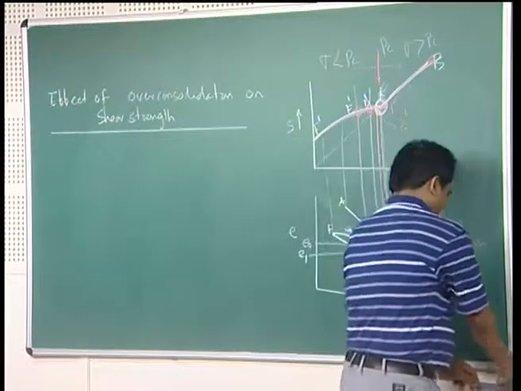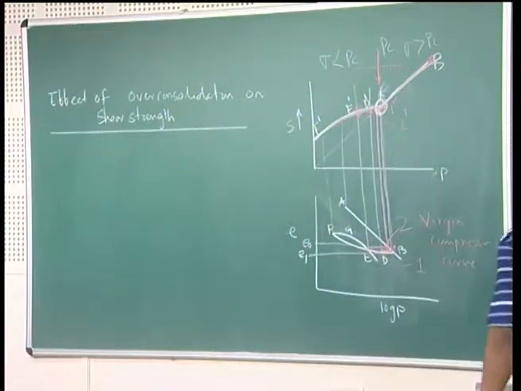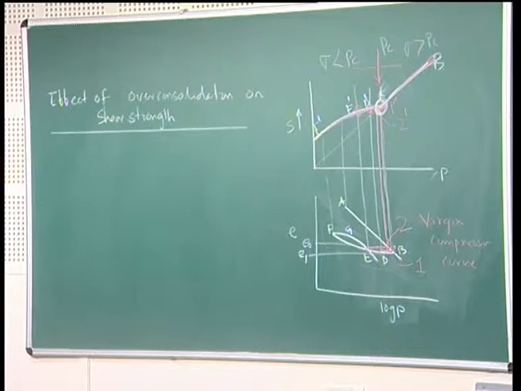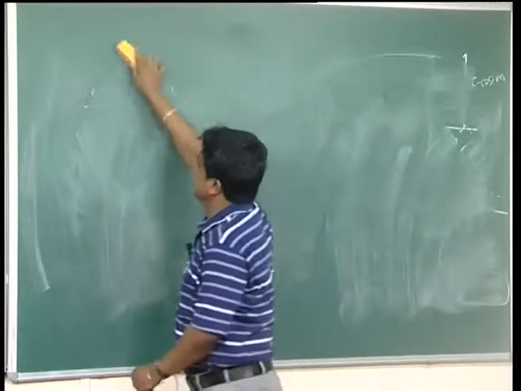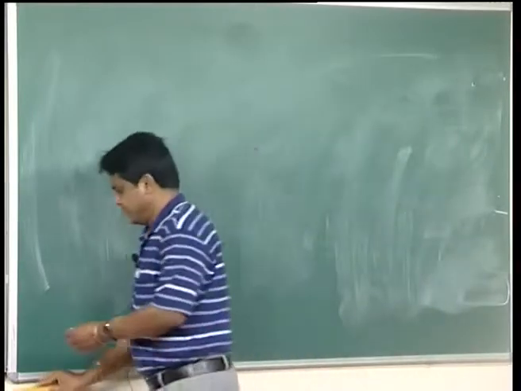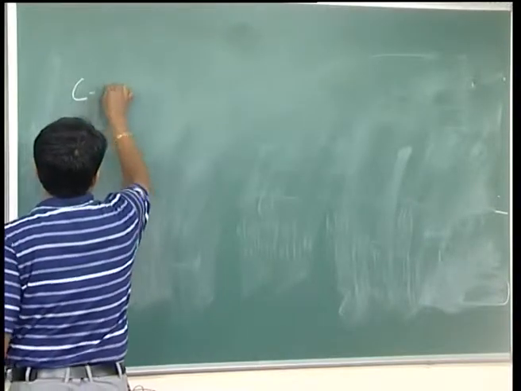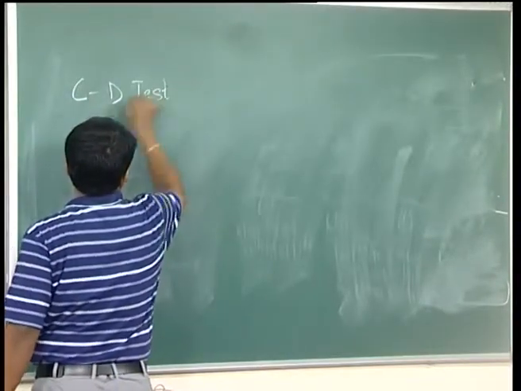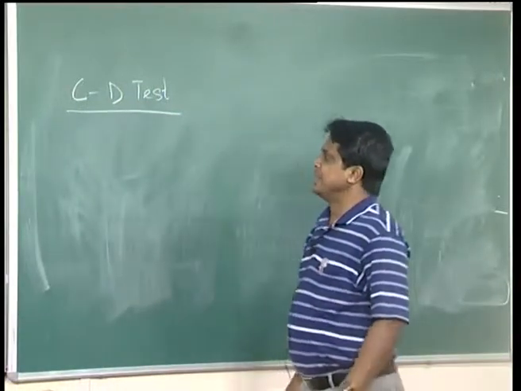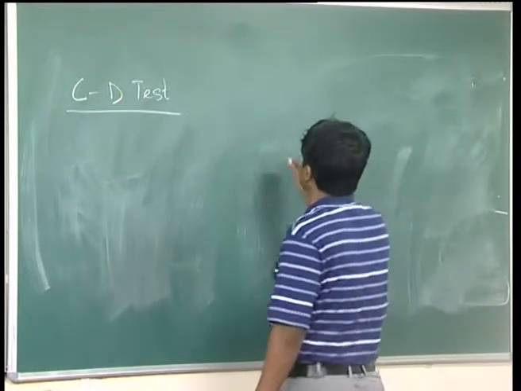Now, in CU we have already discussed two things, one is your UU and the other CU, consolidated undrained case, where it has been used, particularly the test we will discuss in the next class. Now, the last part is your CD. CD test is your consolidated drained test. Consolidated drained test means